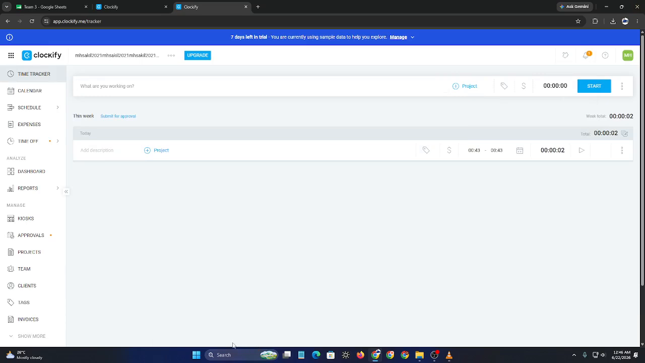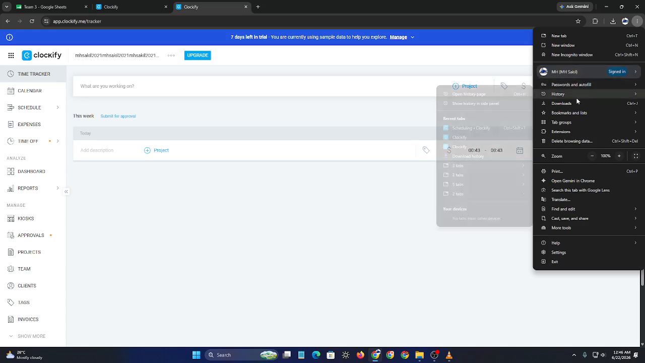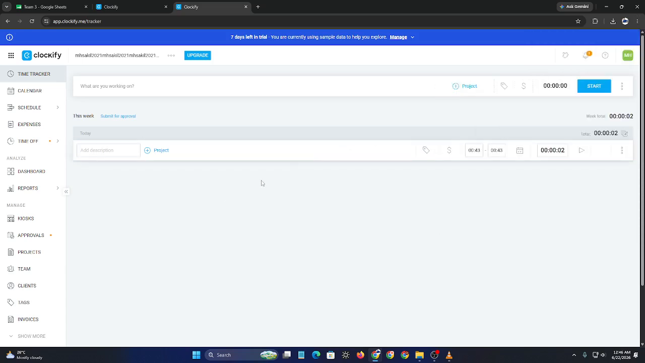If you're using Clockify in a web browser, make sure your browser is updated to the latest version. Older browsers may experience compatibility issues that affect timer functionality. Another useful step is to clear your browser cache and cookies. Corrupted browser data can occasionally interfere with time tracking and synchronization features,